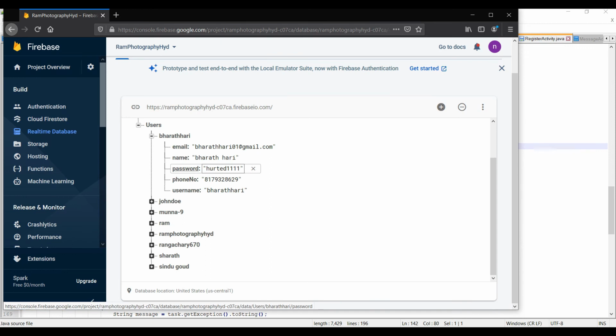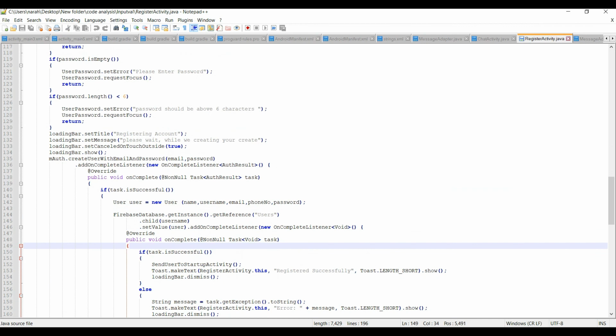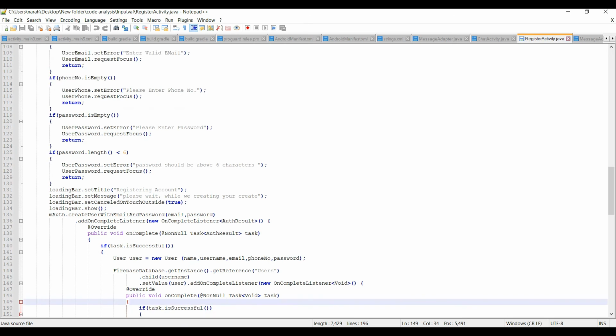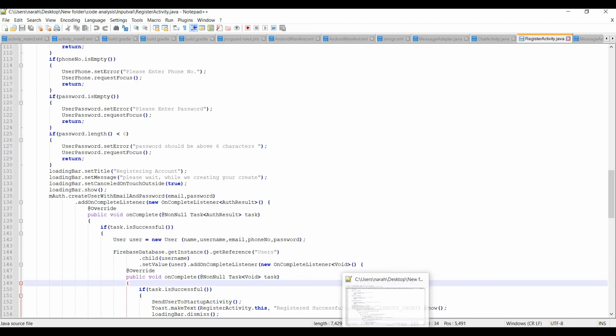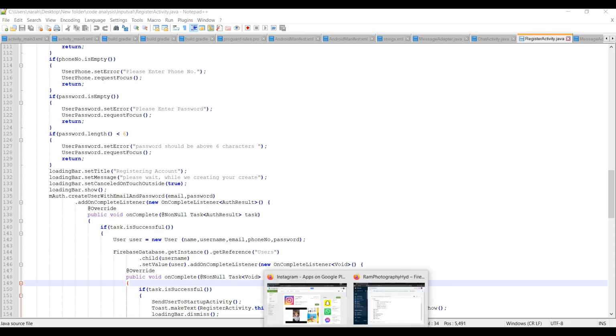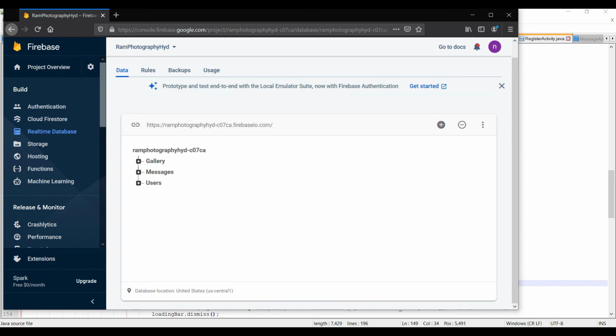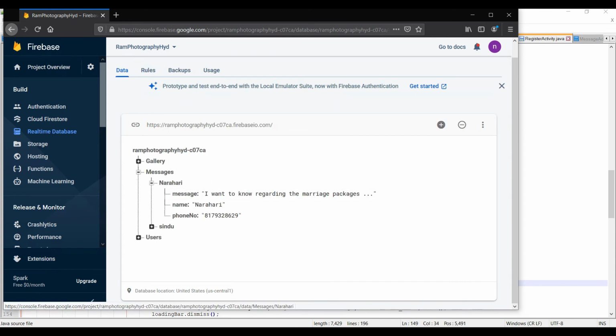From this application you can understand that no encryption is happening. Even though this application has these kinds of input validations, the flaw is that it is working in plain format. So an intruder can capture and see the application data, and the administrator of Firebase can also observe all the things, like who the users are. Not only users, even the messages, everything will be in plain format.